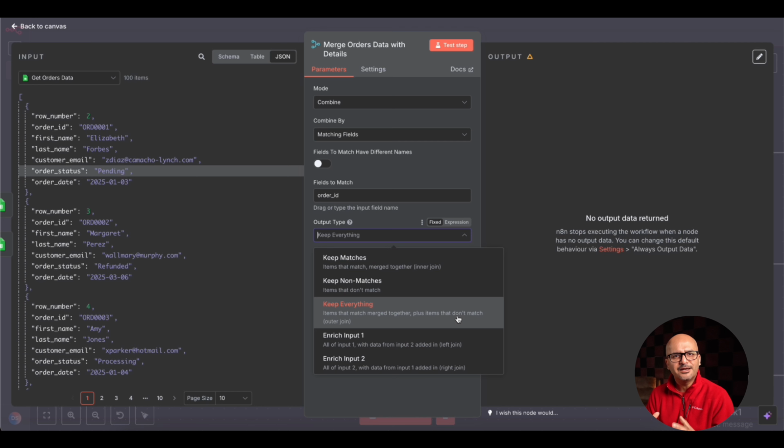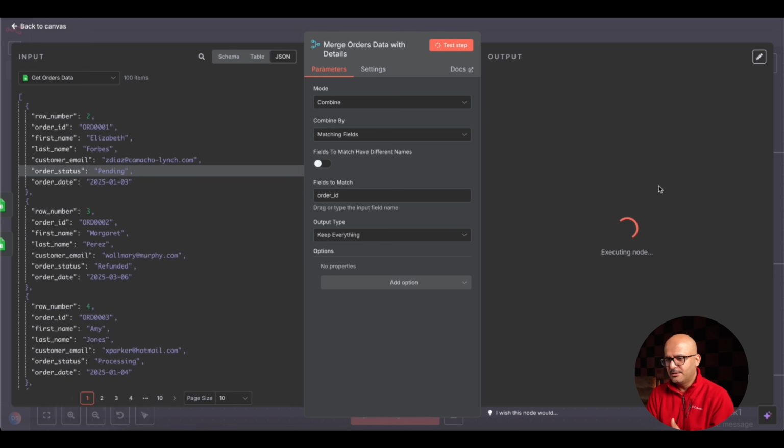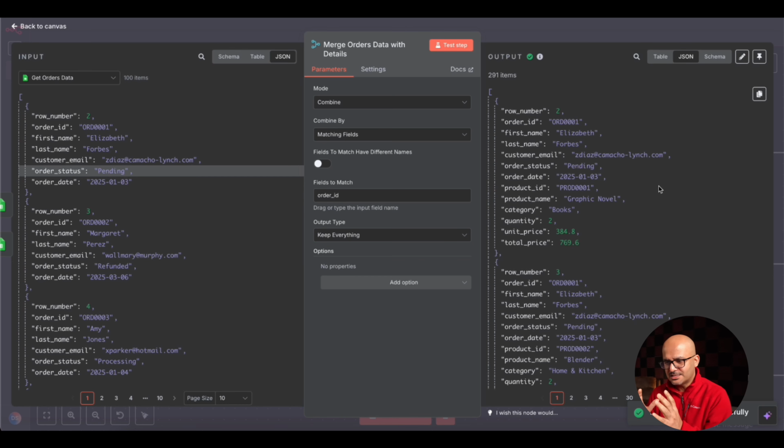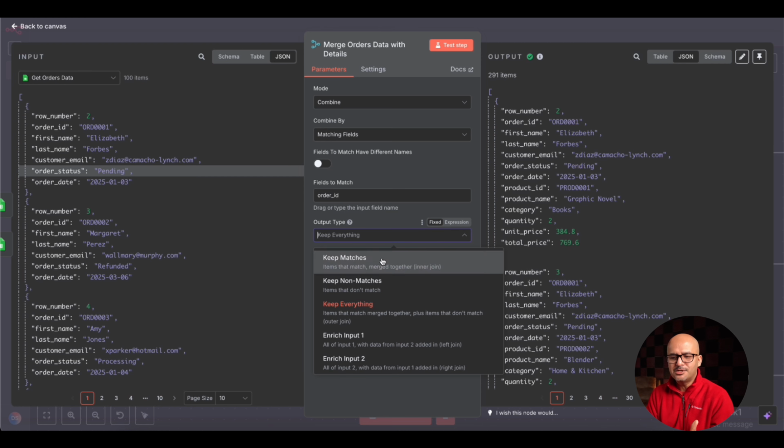So in terms of SQL language, this is more like an outer join. If I click on the test tab, you would see that everything is being merged. However, because each order header has data corresponding to order details, we are getting 291 records in this data set, which is more or less similar to keep matches.